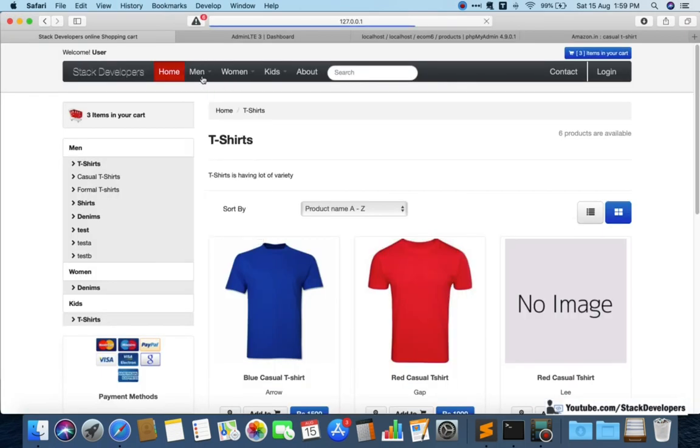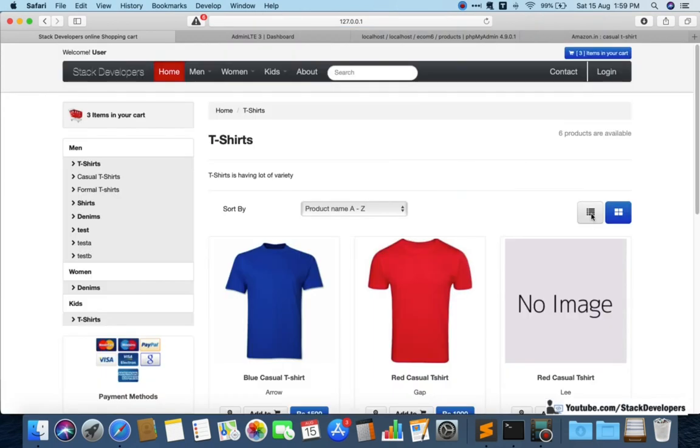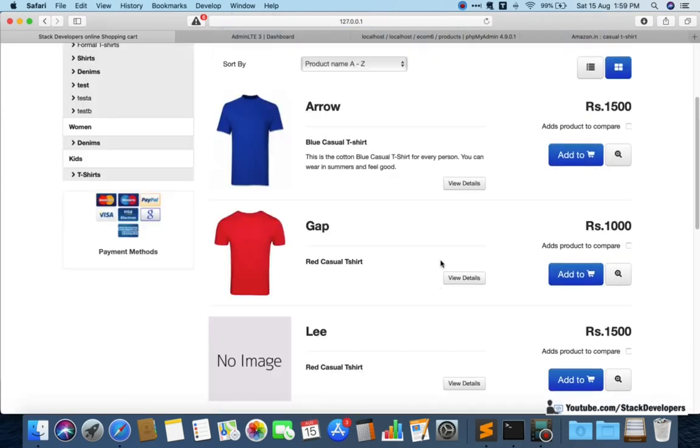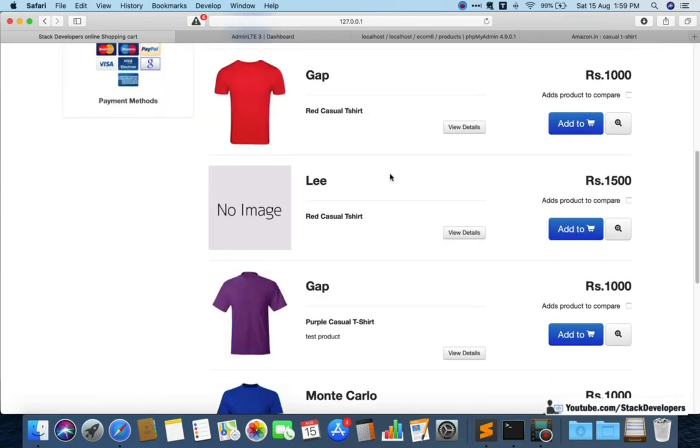Okay, so now we can check t-shirts, casual t-shirts. From here as well, t-shirts, casual t-shirts, so all dynamic. Now it is opening, and another view is also opening, you can see. So now it seems to be all perfect.